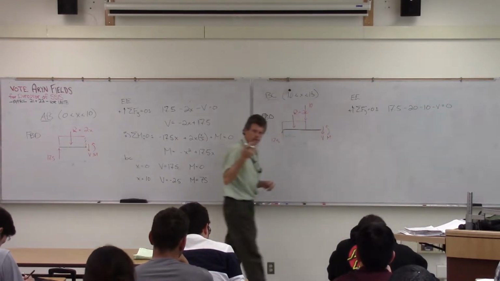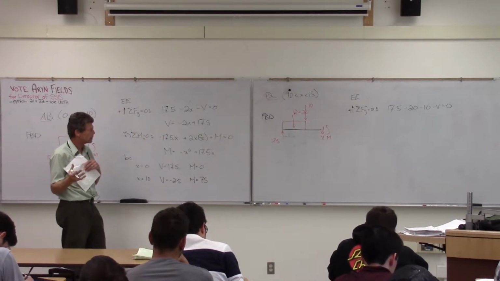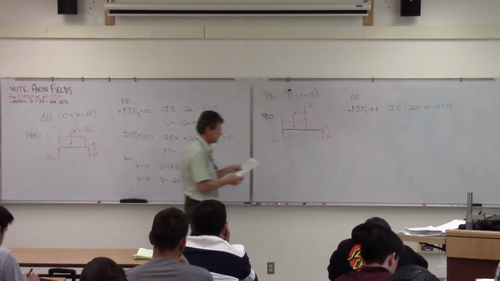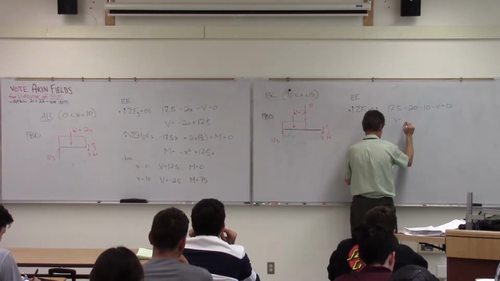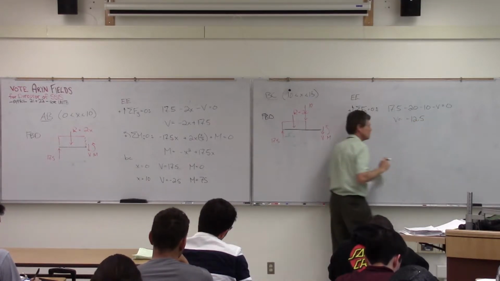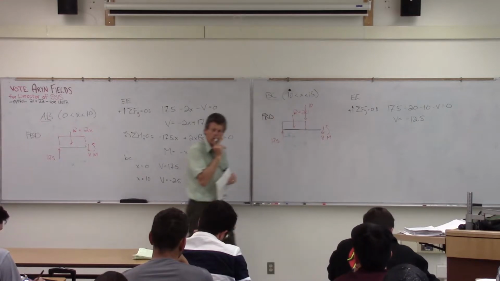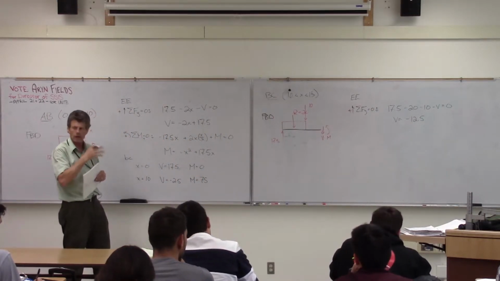So I have to account for all of those forces that all of a sudden appear on this free body diagram. And what this tells me now is that the shear doesn't change. It's going to be a fixed number,